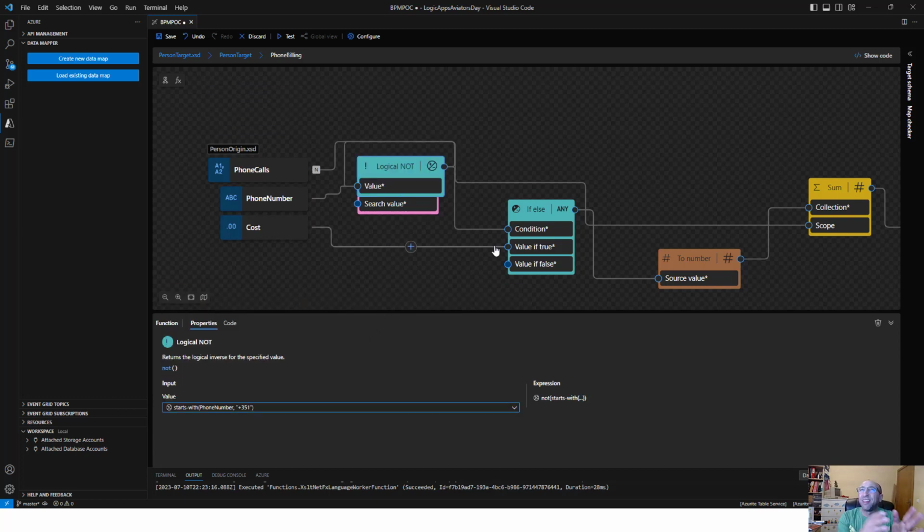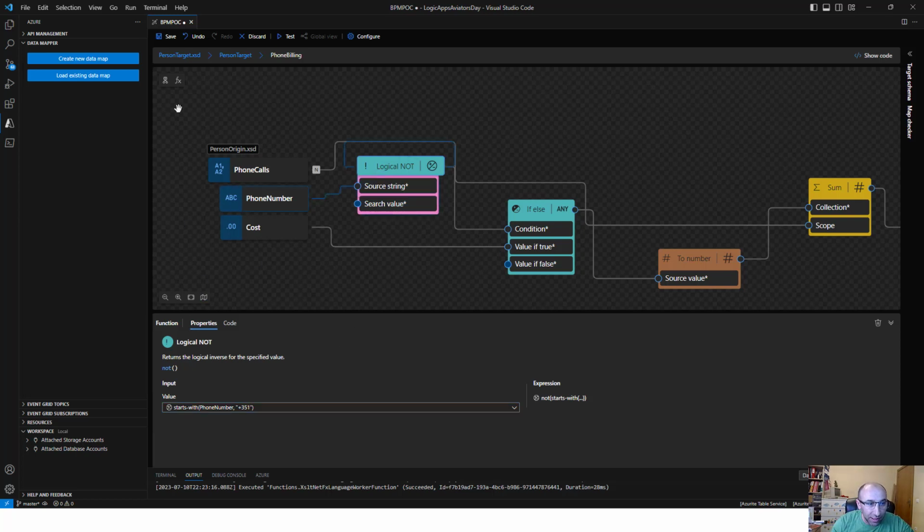So if it starts with +351, it will not do anything because it's going to receive a true, converts to a false. It's not going to map anything from there above. Otherwise, if it's a false, that means that we are talking about an international call, so it will convert to a true,